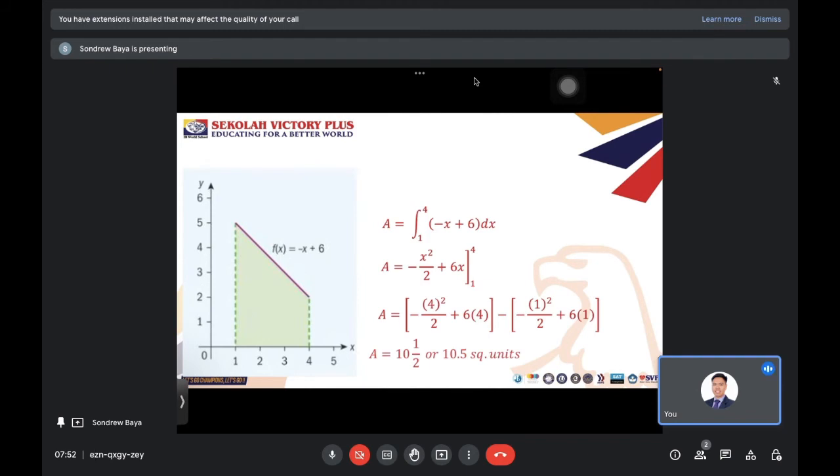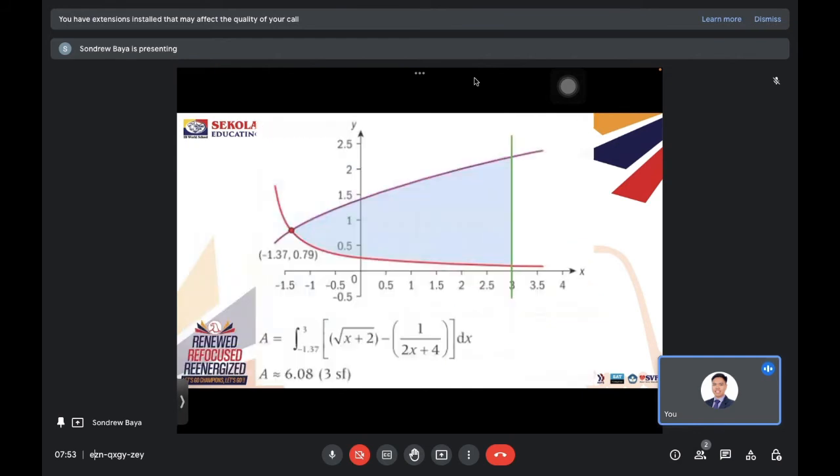Now this process is possible if you know the function and if you know, let's say, the boundaries of the portion which we wanted to find the area of. For example, in this case, we wanted to find the area of the region bounded by the curve, which in this case is f(x) = -x + 6, x = 1, x = 4, and of course the x-axis. All right? Now,